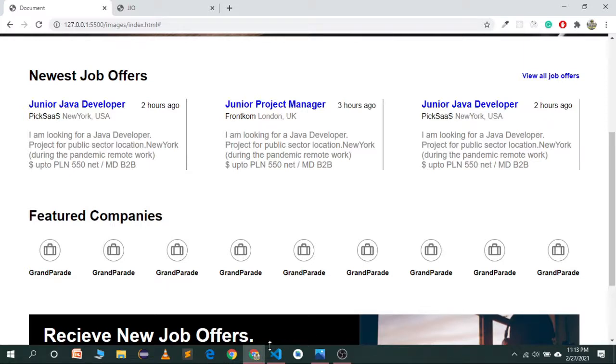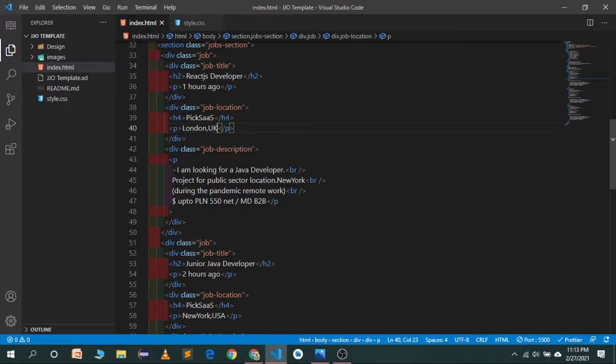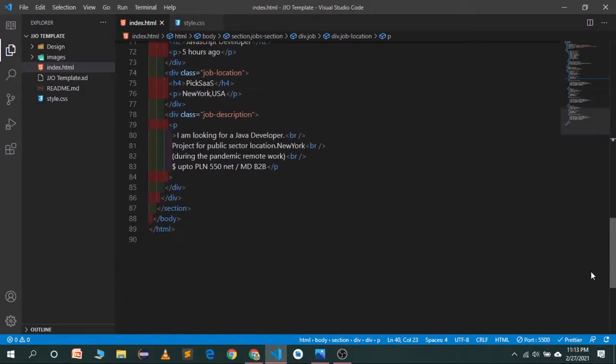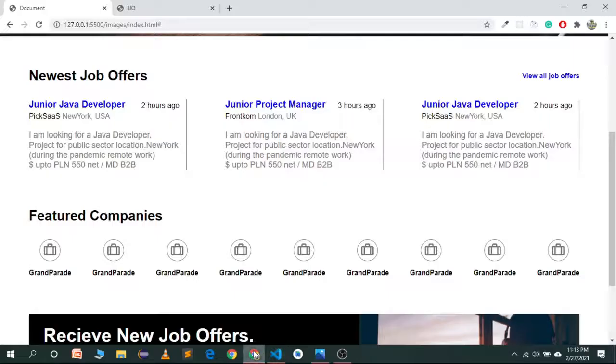So let's go to our code editor. Under the job section we will create a new section, and I think we'll name it feature-companies. Here we'll have a heading which will say Feature Companies.